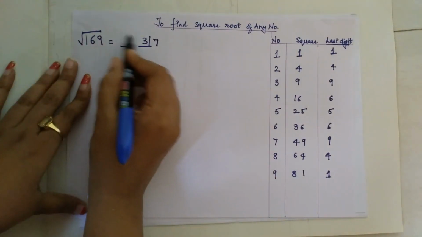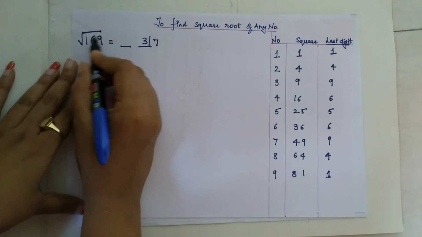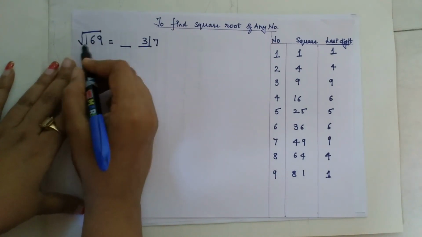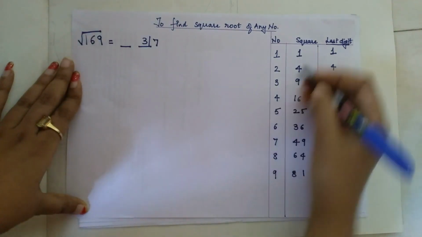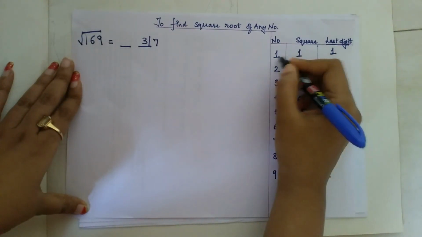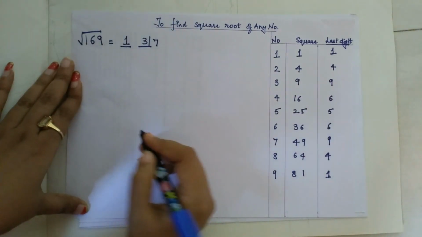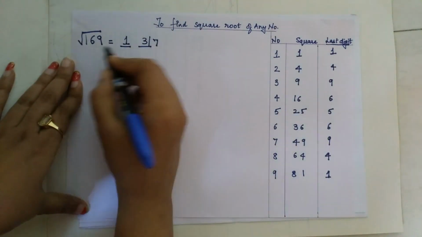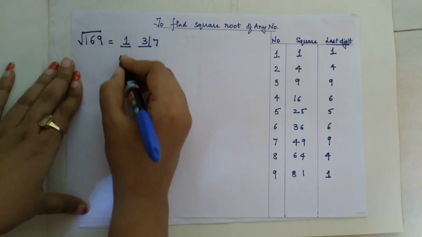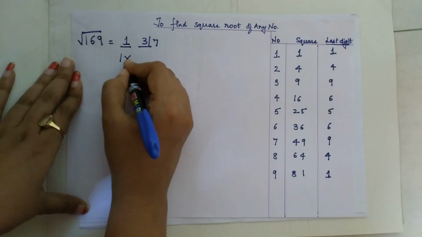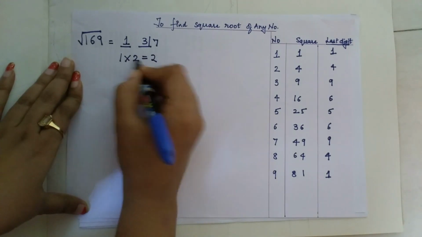And for my first digit of the answer, I will discard the last two digits of my question and I'll concentrate on the rest of the digits, that is 1 over here. So, we'll see that 1 is actually a square of 1 only. So my first digit is 1, which is confirmed. Now, in order to get the next number, all we need to do is multiply this 1 with its next consecutive number, which is 2. So we get 1 into 2 is 2.